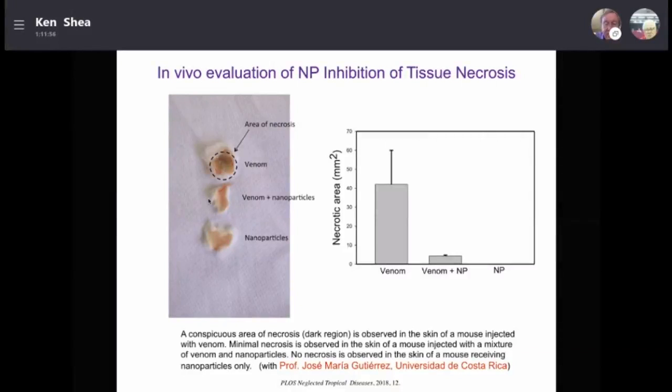This is the first very exciting and very promising result, indicating that perhaps we now have an opportunity to produce synthetic polymer nanoparticles inexpensively. These are non-biologicals that we might be able to incorporate in an injectable device that could be carried by people in the field. In the unfortunate event of envenomation, they would be able to immediately inject this antidote at the site of envenomation and suppress these fast-acting enzymes that break down tissue and result in these horrible disfiguring